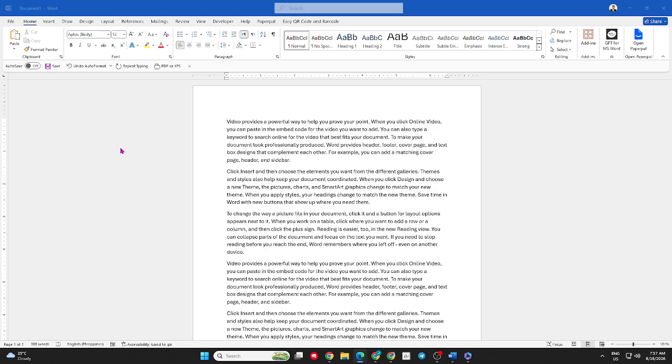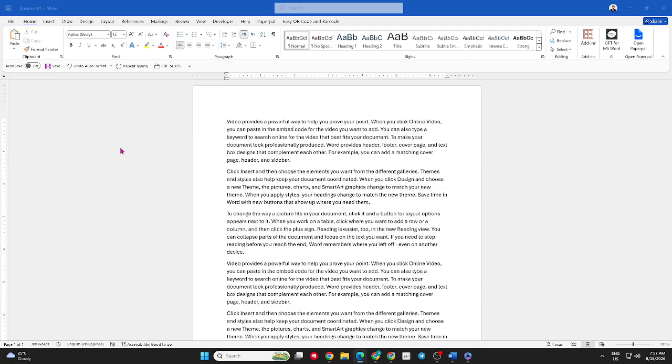In today's video, I'm going to teach you how to change the print format to horizontal on Microsoft Word. If your document is currently set to the standard portrait orientation, but you want it to print horizontally across the page, you can easily change the page orientation in Microsoft Word. This is especially useful when working with documents that contain wide tables, charts, images, or other content that needs more